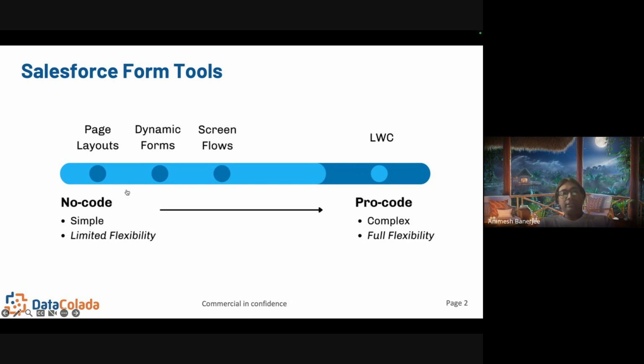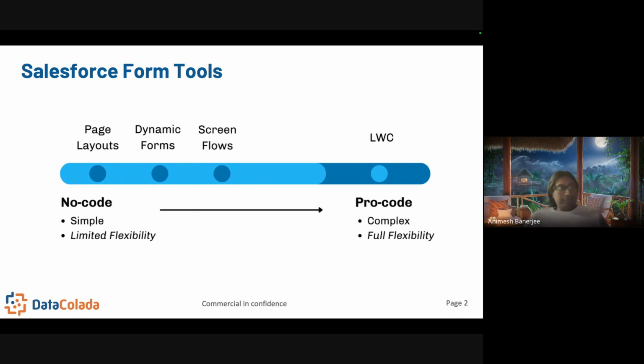But with the introduction of record type, now the process is that one object, one type of user, and one type of record will have one page layout. That is the model they gave us. But it was very difficult because conditional visibility and the things were getting complicated. So those things get very complicated using page layout. So if modern software requires very dynamic screens, that is the reason why Salesforce is moving away from page layouts